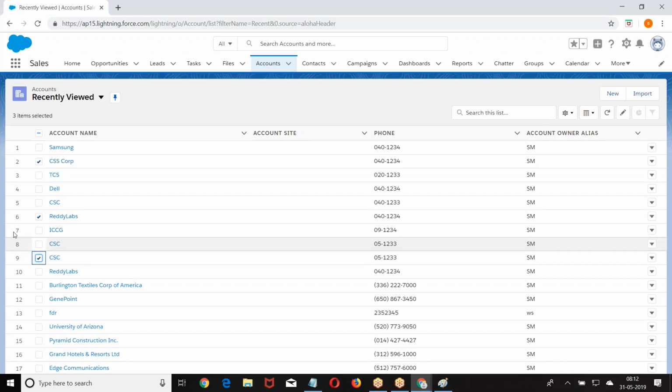This is a UI, but internally, when you give a checkbox, what is the value of it? True or false? In the UI, it shows like a checkbox, but internally the value is true or false. We are getting name, site, all these things. Internally, that is the account, ACC.